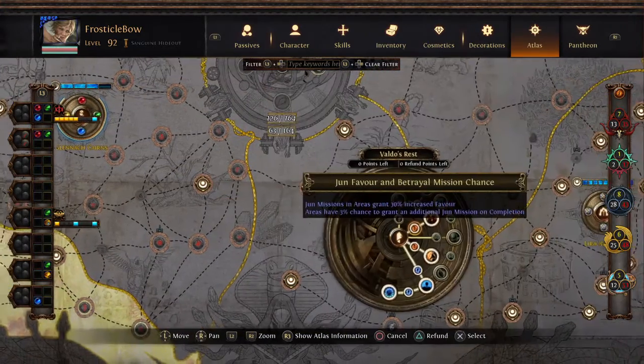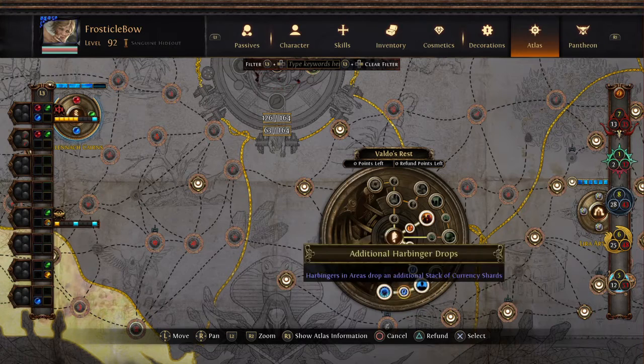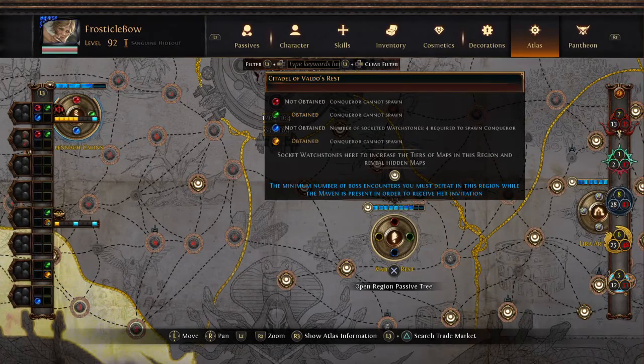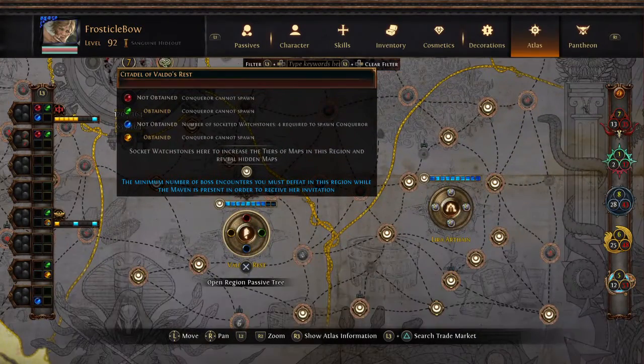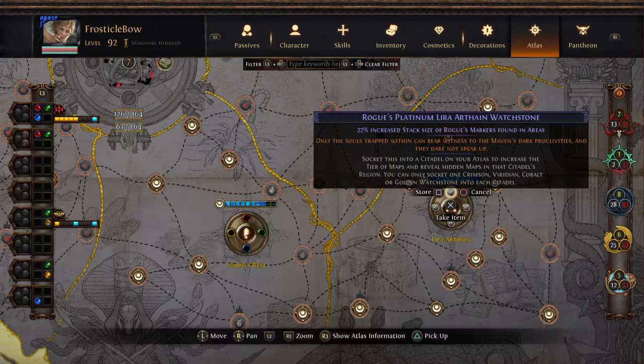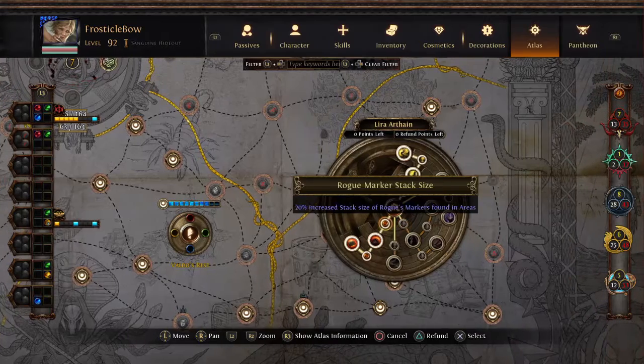The other one I'm using is the Ominous Arrival and Diplomatic Escort nodes for the grinding of Harbingers, and basically Nemesis 3 currency stacking. I have so many of those Watchstones rolled that I'm not even running because I don't really have goals. I don't really have anything I want to buy in League. And then I have the Rogue's Platinum for Lyra Arthane, so I can farm